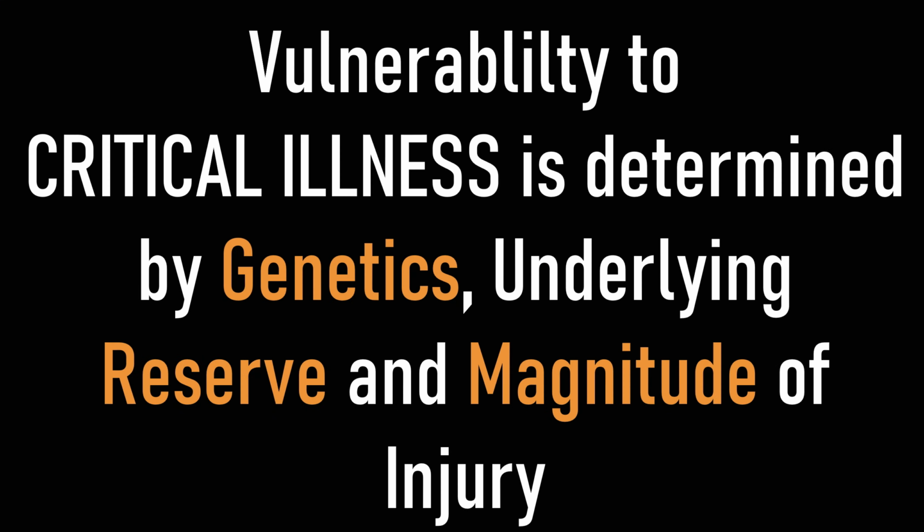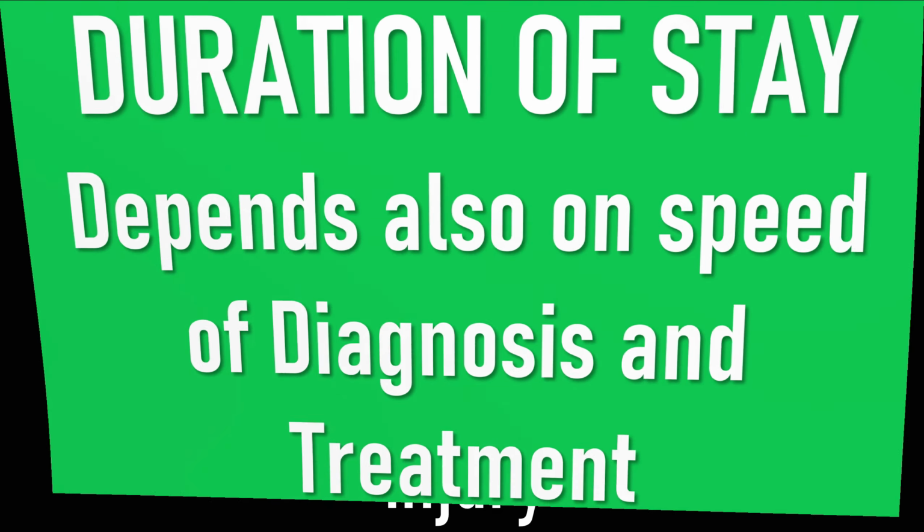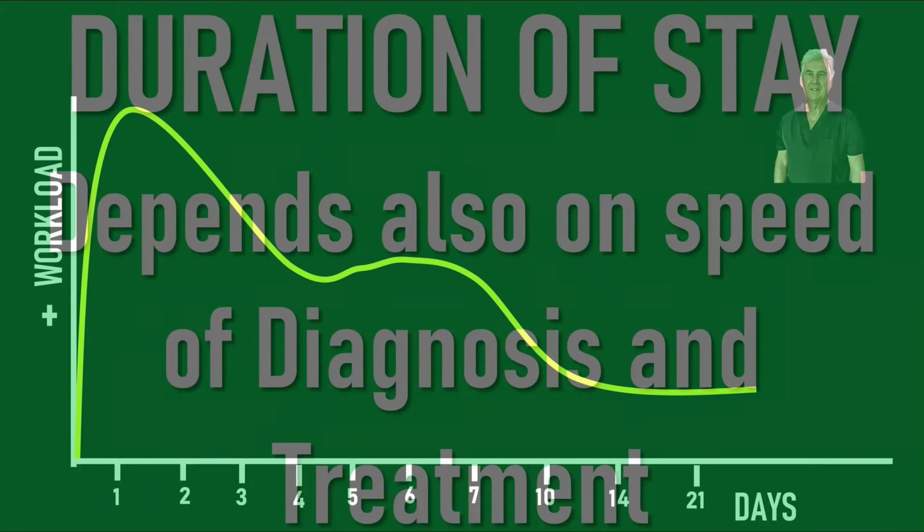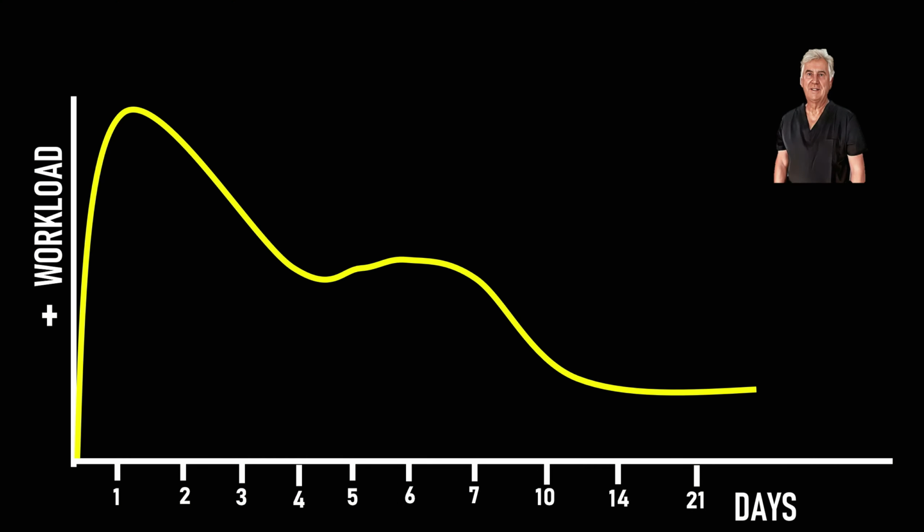Vulnerability to critical illness is determined by genetics, underlying reserve, and the magnitude of injury. The duration of stay depends on the speed of diagnosis and treatment. So even if the patient is vulnerable and has depleted reserve, how well they do depends a lot on how well the doctors and nurses manage that patient in the window in which they present to the general practitioner or emergency department. For example, the duration of stay that one would expect for Paddy is quite long,